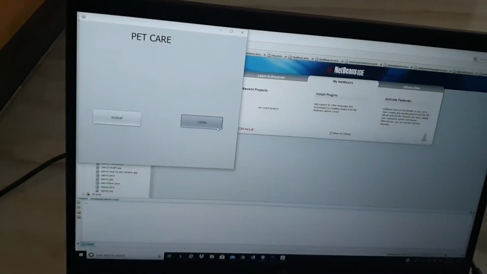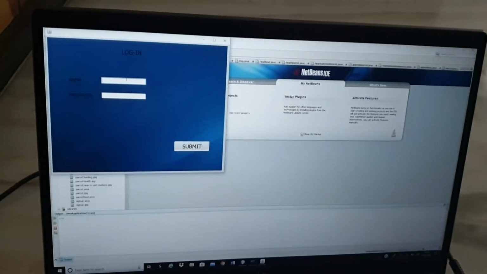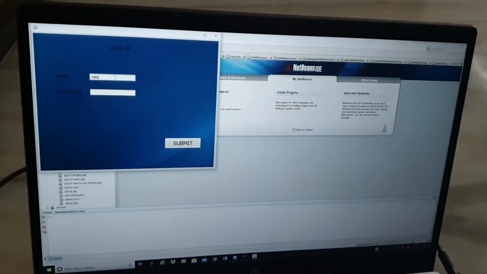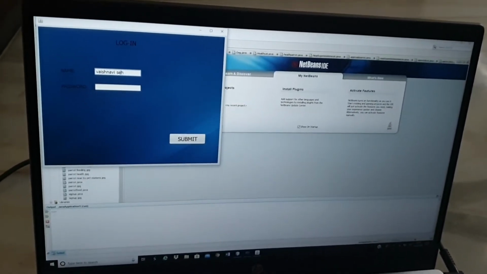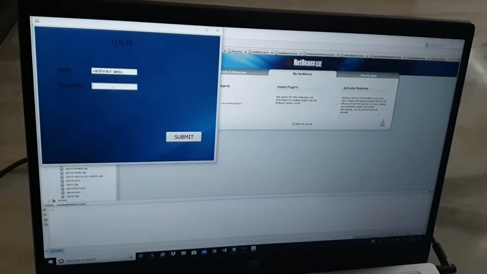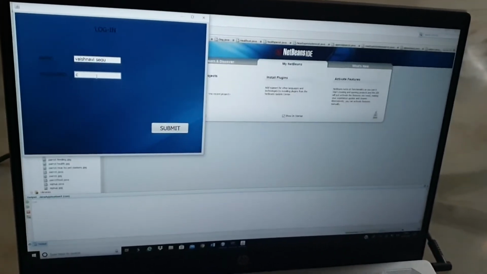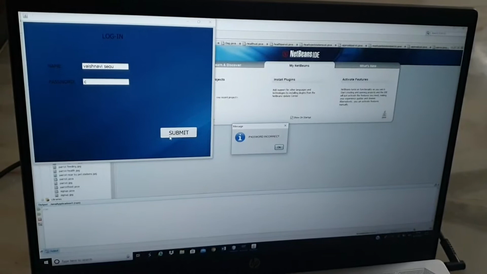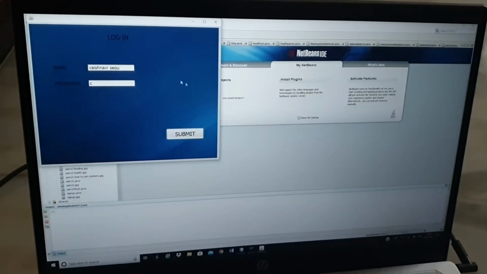Again, we need to log in to proceed. If the password is incorrect, we'll get a dialog box like this.